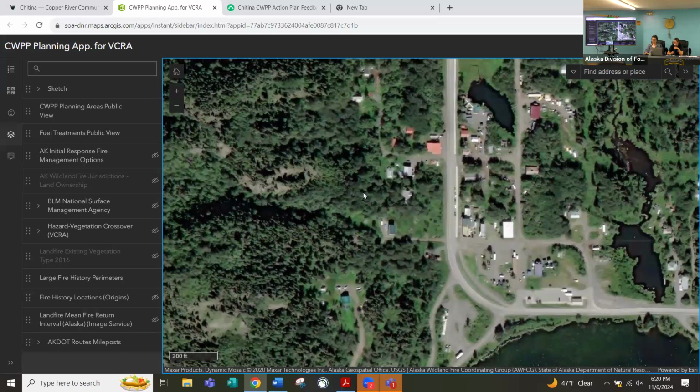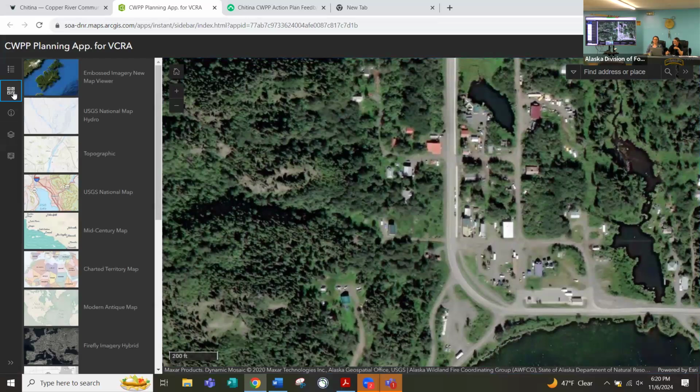However, when we go to select some of the other informational layers that you can obtain from this map, sometimes it's valuable to choose a different base map because the dark imagery interferes with the color. So I'll just go ahead and do that.